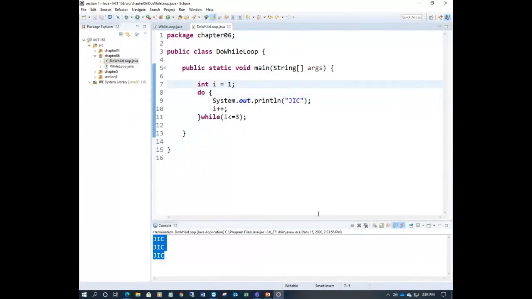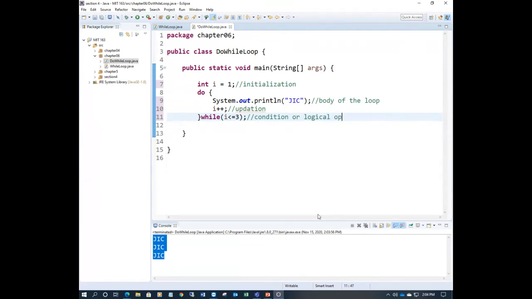Now here, mostly in a loop, three things are required. One is initialization, the initial value of the counter value. Then this is the body of the loop. It also has the increment, updation here. The condition is a part of the loop, a logical operation.